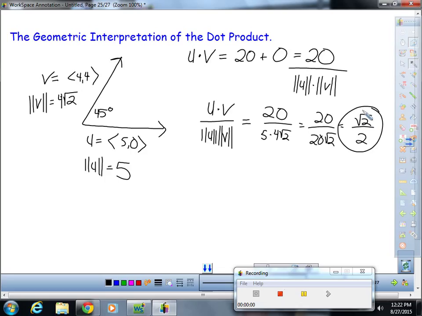Now, hold on a sec. That cannot be a coincidence. So let's look at a different set of vectors. I recognize that number, and it just cannot be a coincidence that it's radical 2 over 2. Okay, so let's see what would happen if